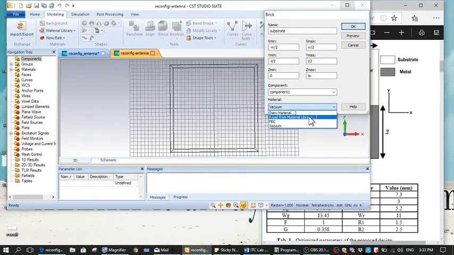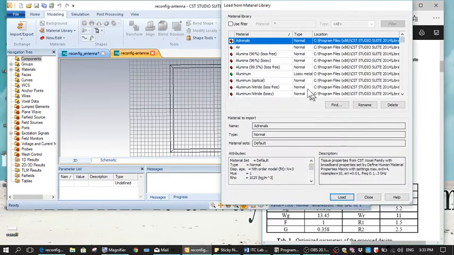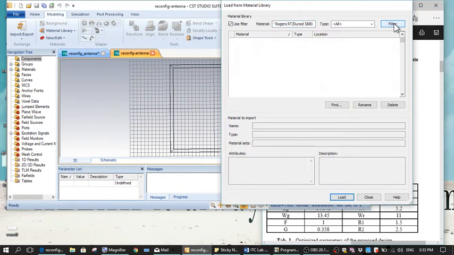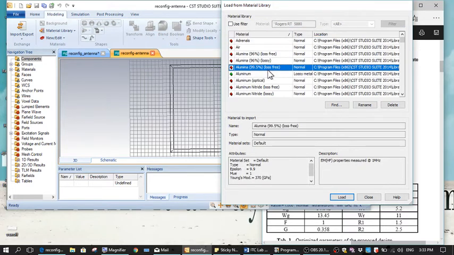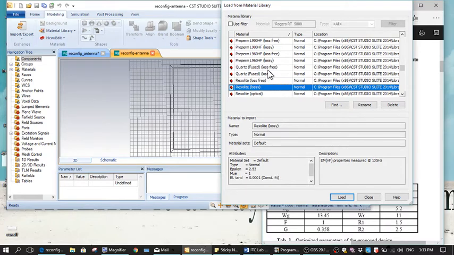Let's jump on to assigning material, and we'll use a filter and we will filter out a Rogers Duroid 5800. So it's not giving any output. Let's search R. So let's find it, 5800. So we will use 5800 lossy. Okay, we will load it